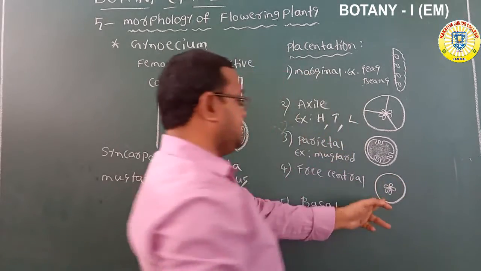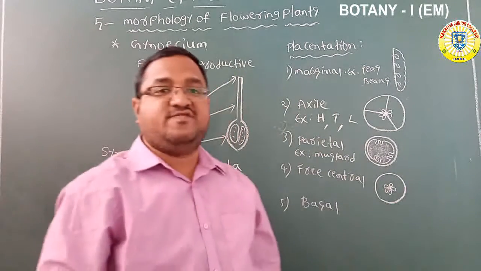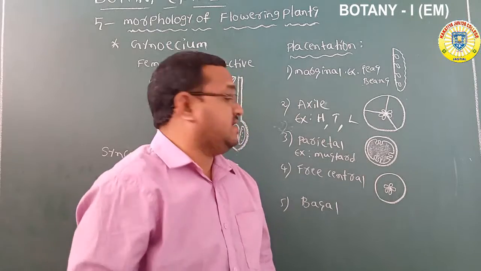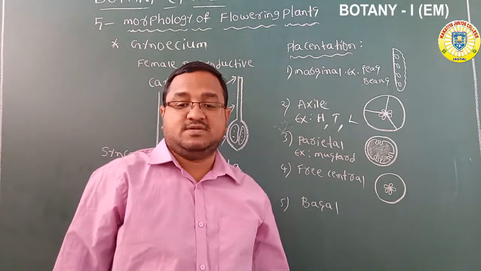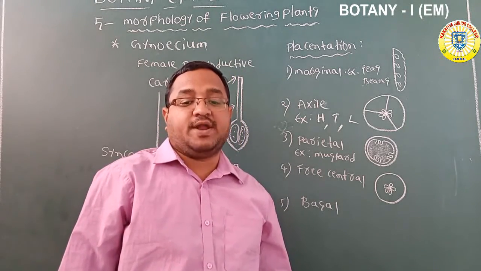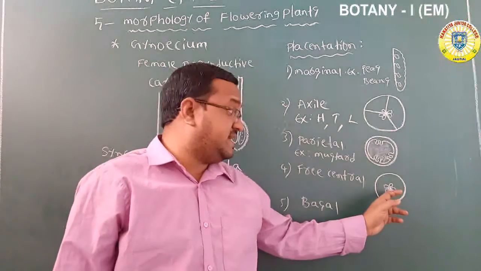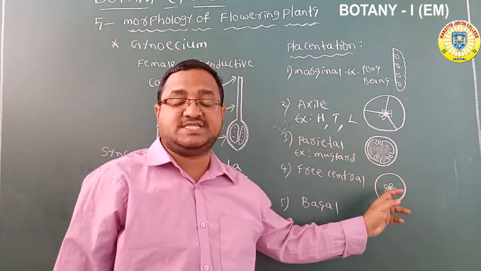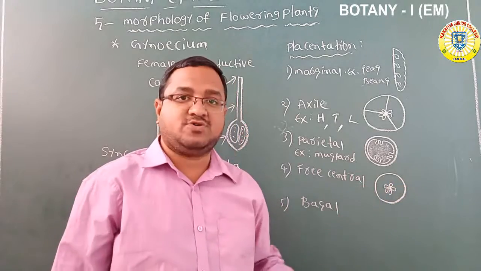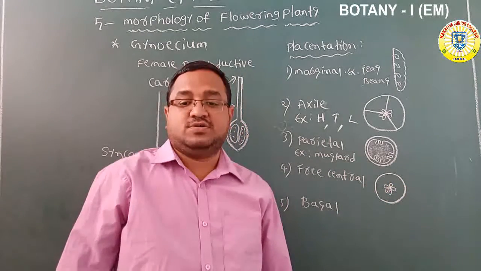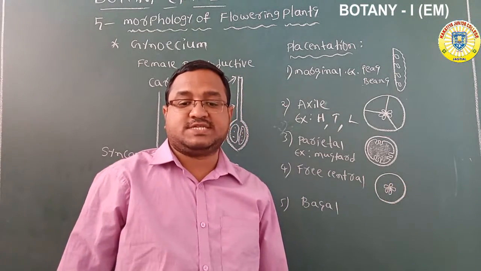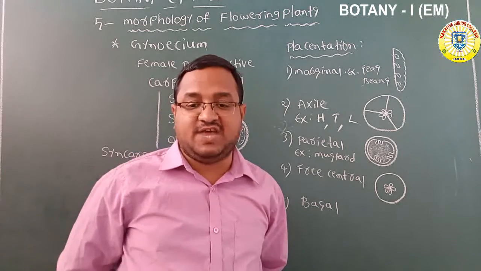Ovules are born on the central axis. Okay, this is the free central. There are no septa. Ovules are born on the central axis, there are no septa and no locule. So this type of placentation we can generally see in